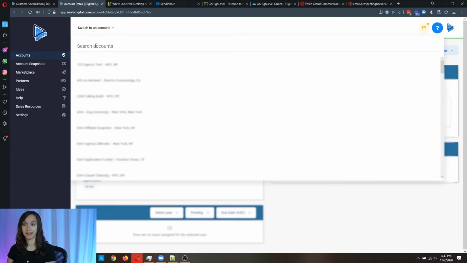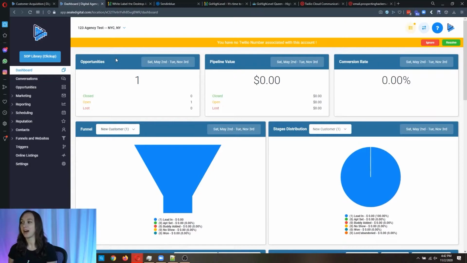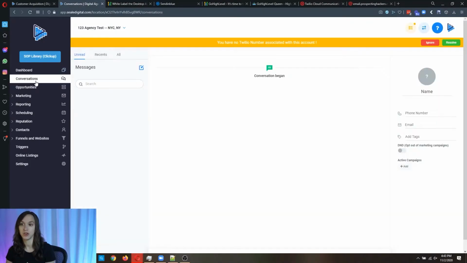Now is the fun part, and I hope you're ready for the super exciting part, because now we get into what to do next, okay? So you're going to see this dashboard, and it's pretty much a blank slate. The dashboard is just going to show you the pipeline and what's in it, how many people total, how many people you closed, how many people are in progress. So you're going to see the conversion rate if you actually mark the leads as won or sold or whatever. You're going to see all kinds of things. It's pretty cool.